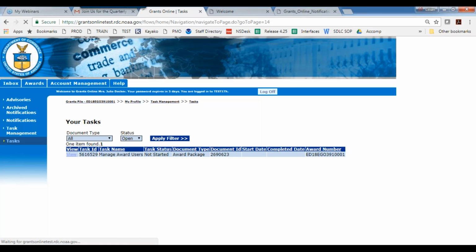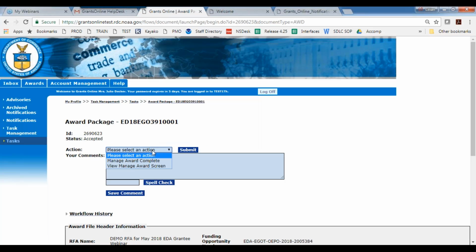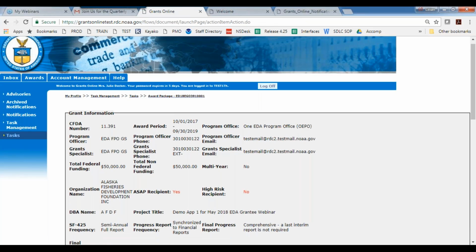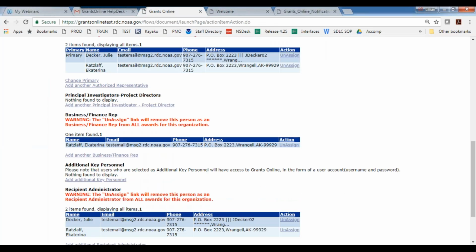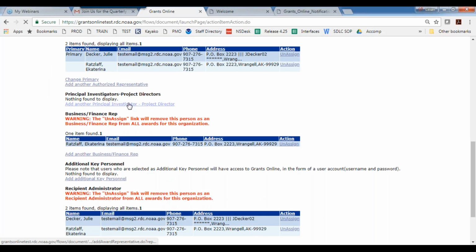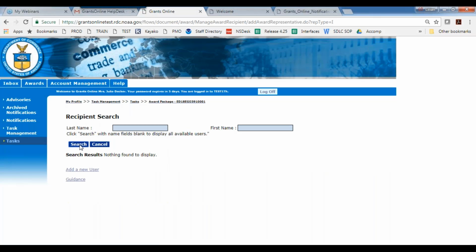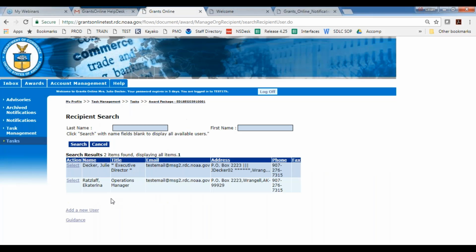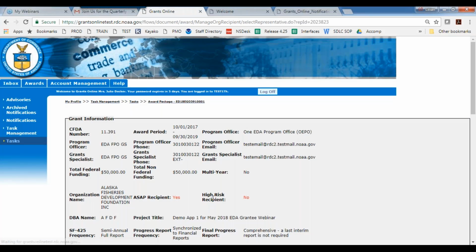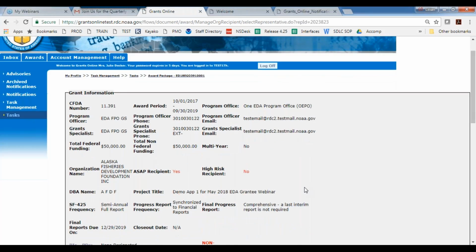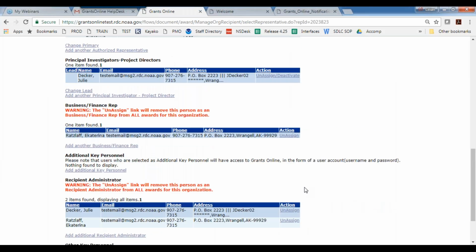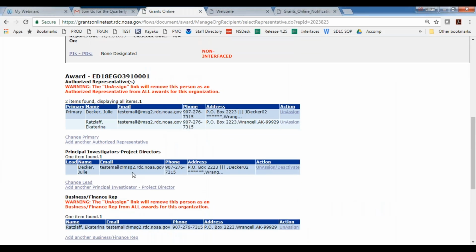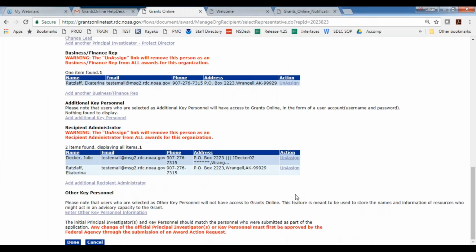I'm going to click on View here. I'm going to view the Manage Award screen and submit. The same screen that we just looked at. But now I'm going to add a principal investigator. If I click on search, it gives me all of the people in this organization. In this case, there's only 2 people that are related to this organization. So I'm going to select the same person I'm using right now. So now we have set up that person as the PI on the award. Once I go down here and say Done,